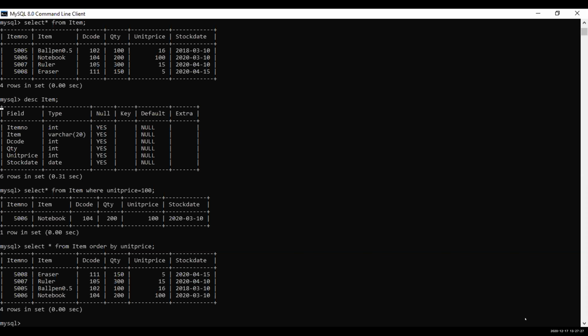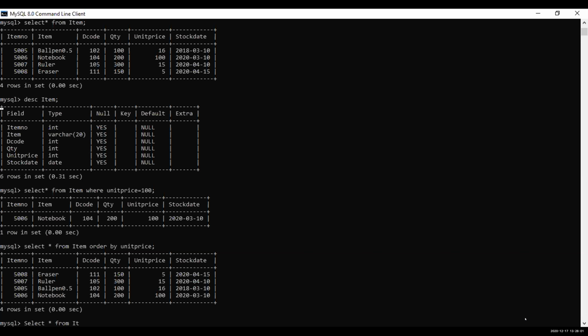Ashwin, the question is, display the details of items whose item name starts with letter R. Do I have to screen share? Letter R. Ma'am, select star, and then from item.